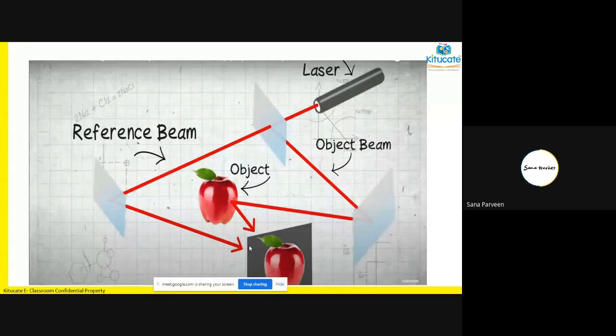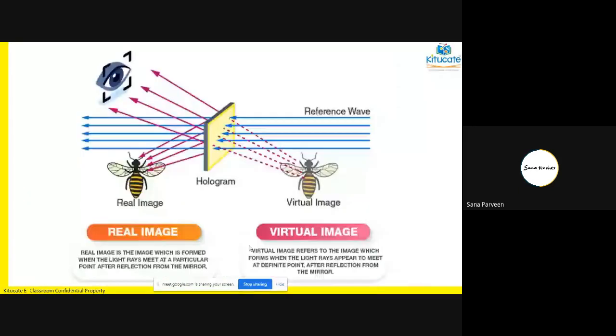So this is all about hologram, and this is a very important slide, a very important image here, in which we are trying to compare the real image and the virtual image. The virtual image we have already seen is not formed in real. It is actually formed behind the mirror. It is not obtained on a screen. The light rays were falling from an object, and we tried to bring it back, and when all the rays meet, there an image is formed. This is the virtual image which is not present in real.